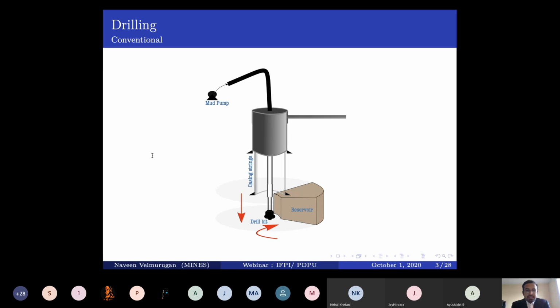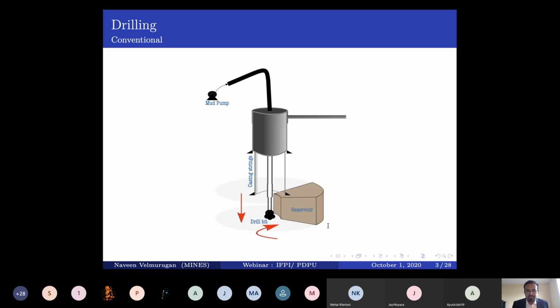Since I was told that you're all undergrads and are just starting to have an understanding of drilling systems, I thought I could go on from the very basics, right? As you know, drilling for an oil and gas well is a complex, safety critical, challenging operation. Firstly, we have the mechanical forces. At the drill bit, you have the torsional force that you apply to cut the rocks, and you also have the translational force to send the drill pipe down, and you have additional weight to facilitate this cutting process.